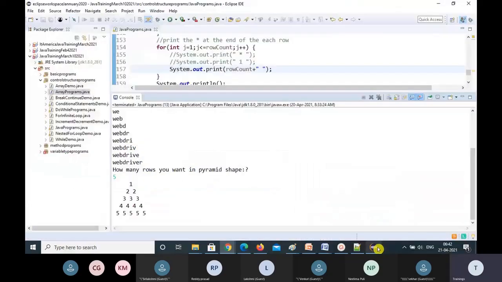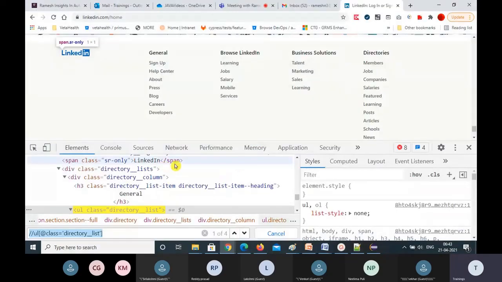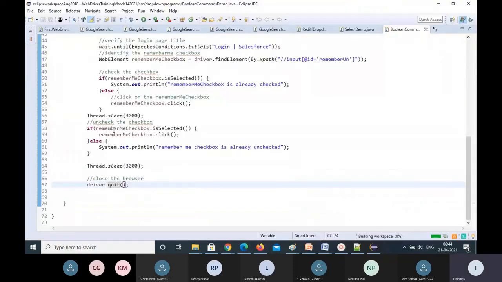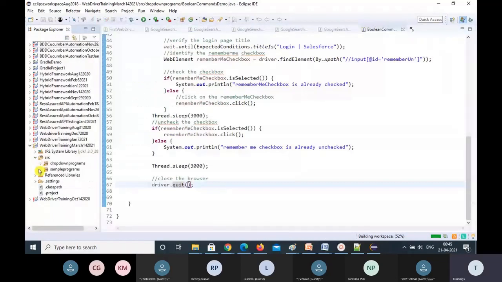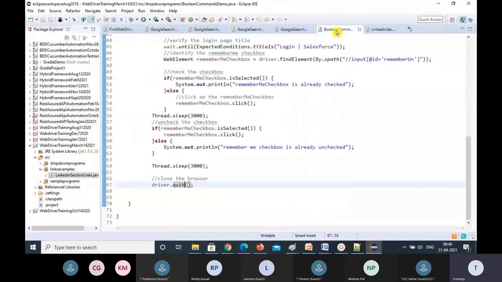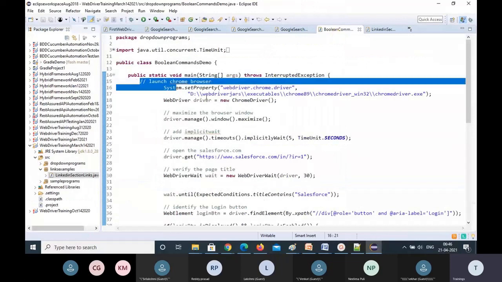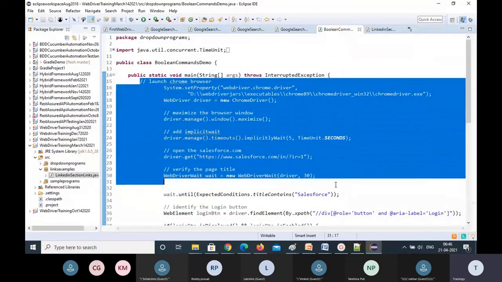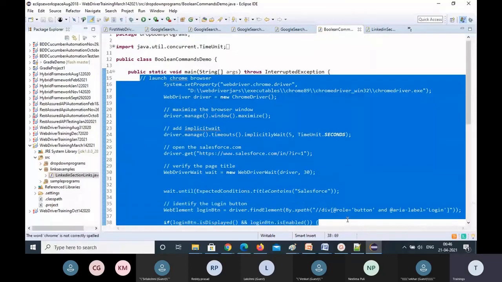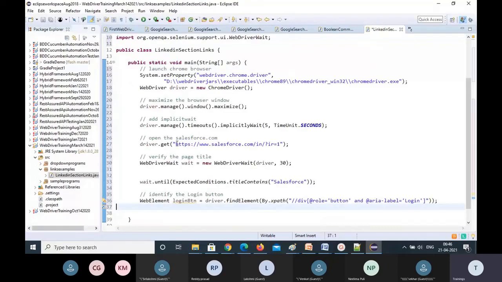So that's the code. Let's start writing that. Okay, so is it open? Still not open. Okay, so done. Let's create a class. I'll put a separate package, links examples. LinkedIn section link. So I'll copy this, whichever is till this, and I don't think so, but okay, let's take it till here. I'm going to reuse all this code. So just change this